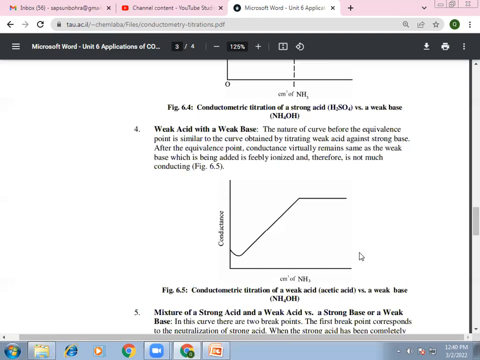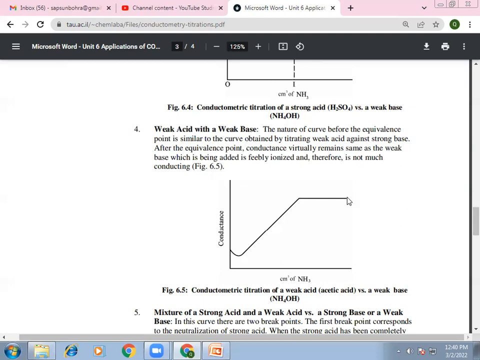Suppose you are taking acetic acid. ये भी weak acid है, and ammonium hydroxide is a weak base. So the nature of the curve before the equivalence point is similar to what we have seen where by titrating weak acid against strong base. Okay, and then after the equivalence point, तो यहाँ पर पहले sharp increase दिख रहा है, and then it will